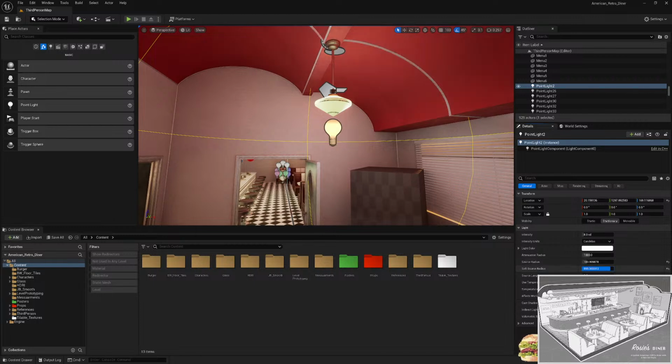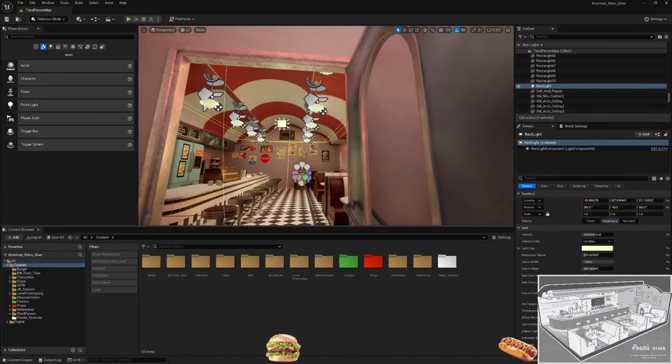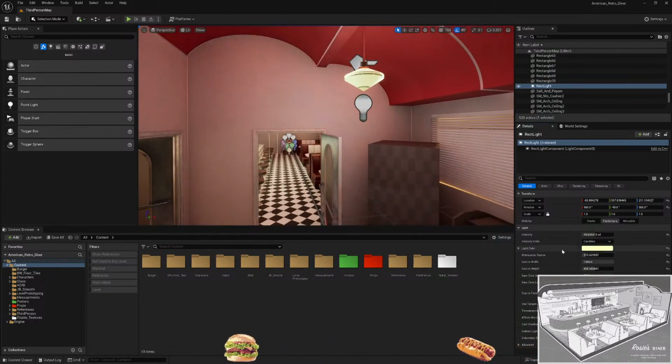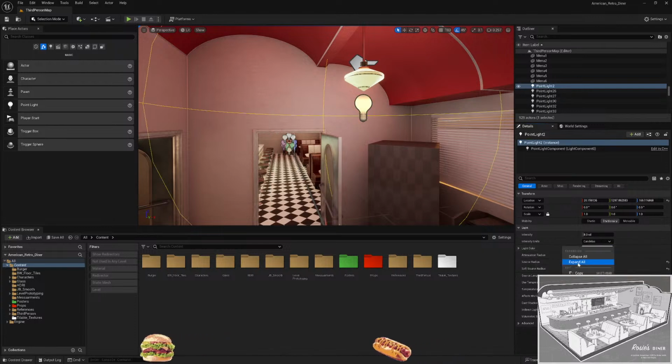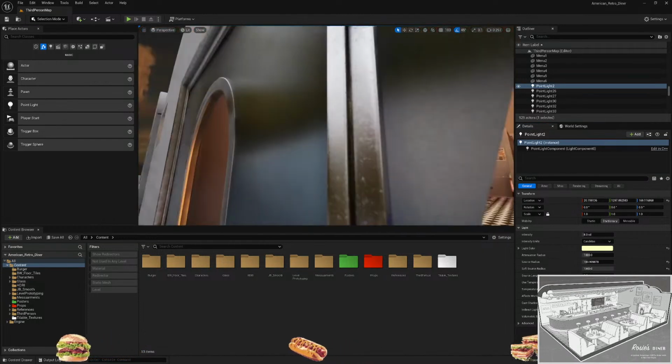This takes the shadows and makes them soft. That's super nice. Okay, this is kind of cool. Let me try to get this temperature, this color, copy and paste it. Okay, now I'm getting that warm color